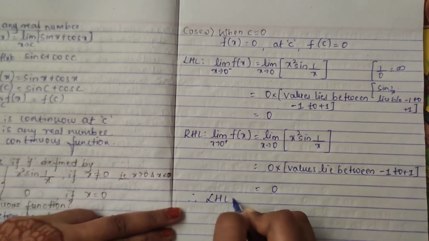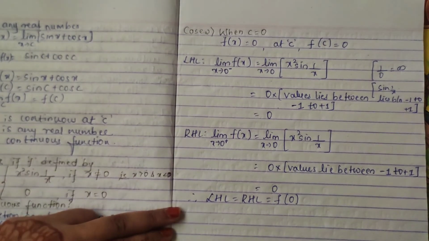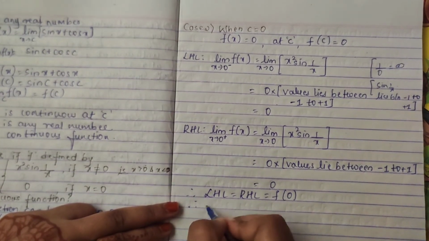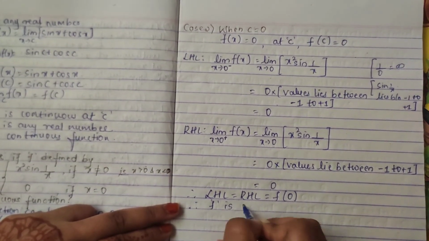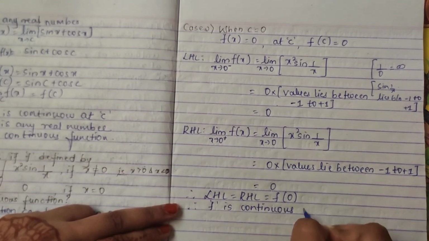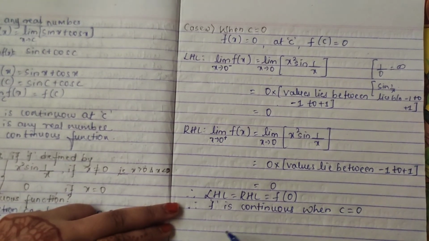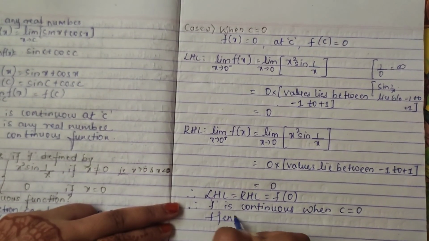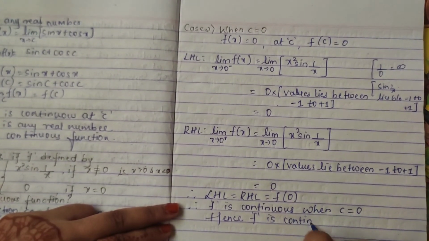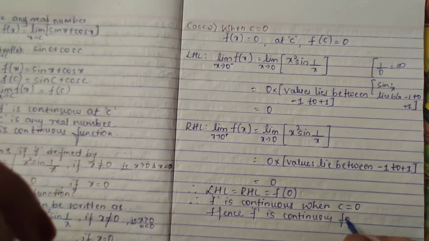So LHL is equal to RHL, and f of 0 also you are getting the same. Therefore, f is continuous when c is equal to 0. Hence, f is continuous for all